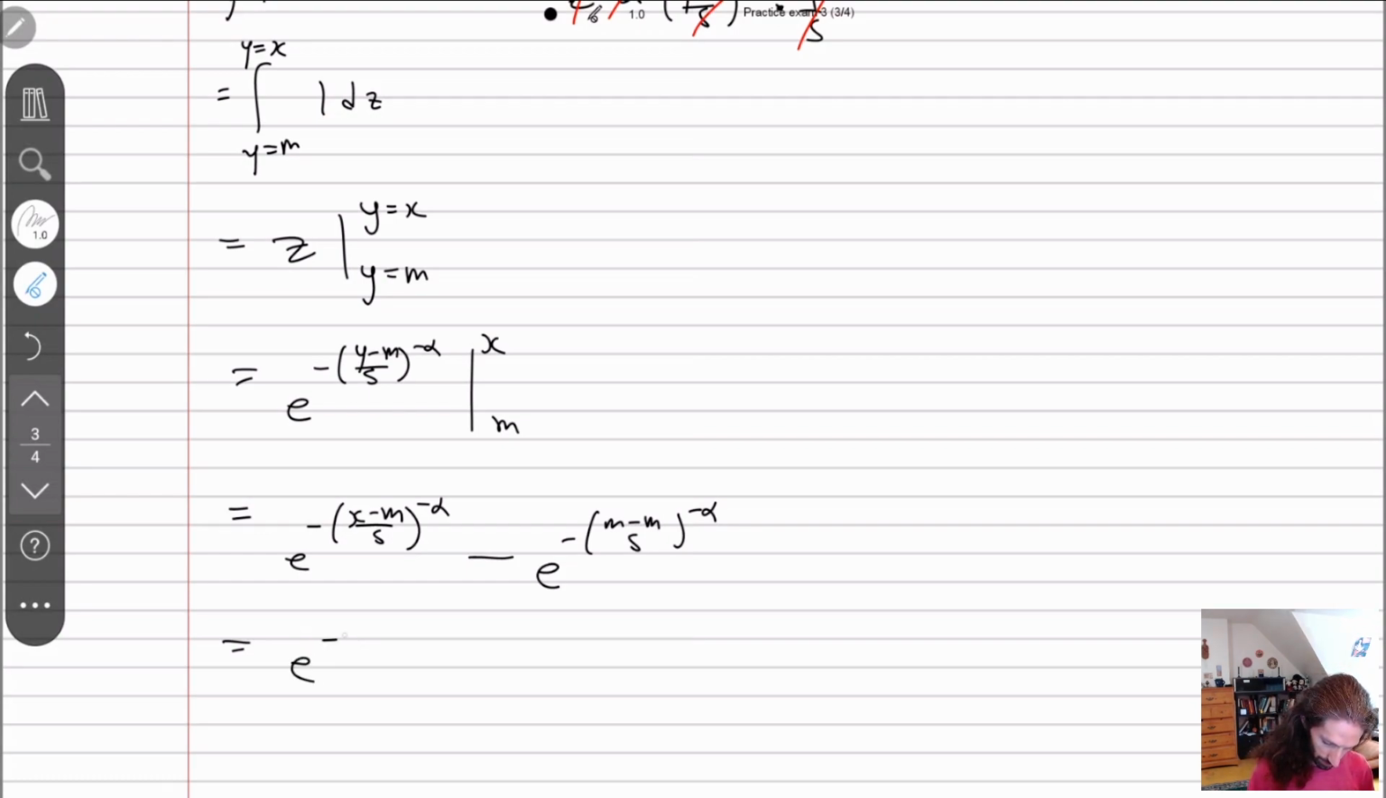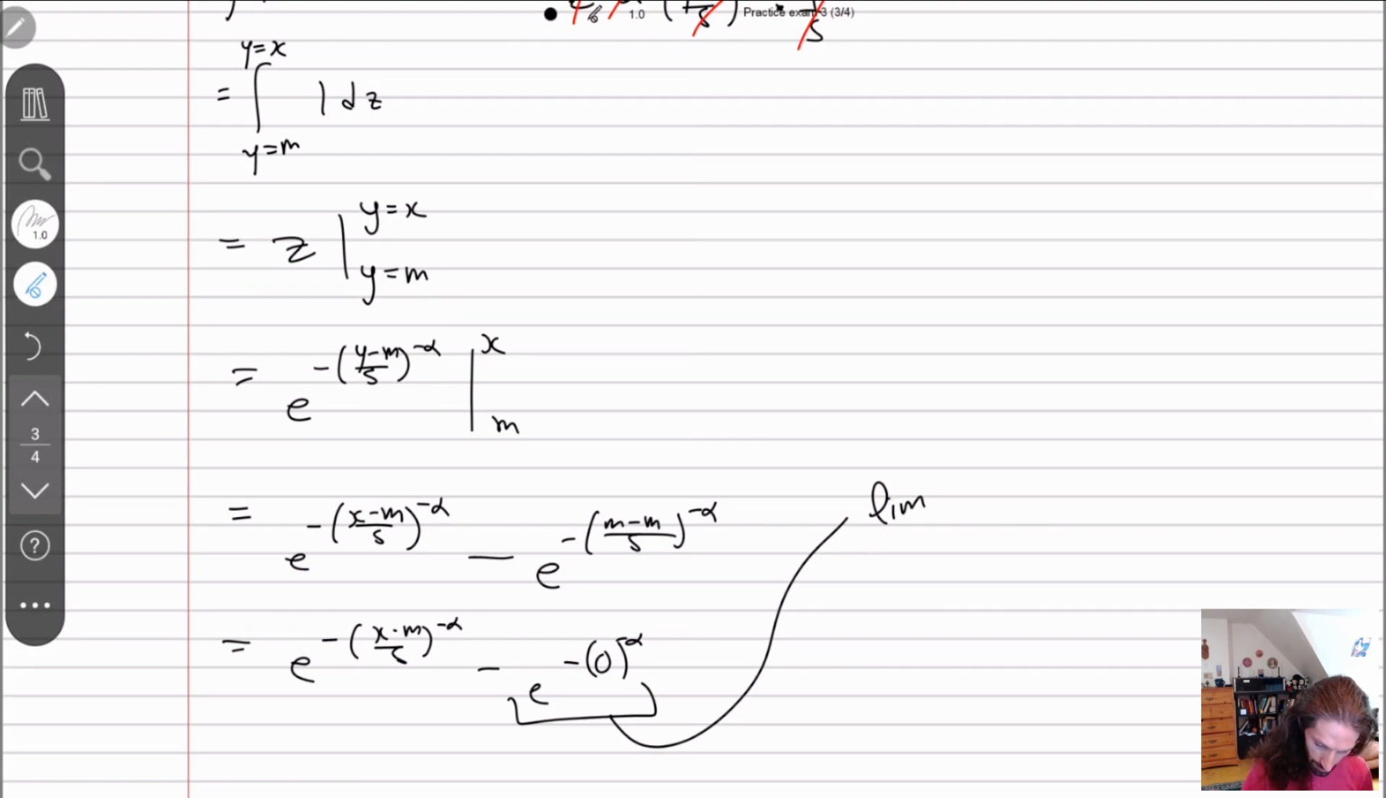So here I'm left with this minus e to the minus, here I have 0 over s to the power of minus alpha, so 0 to the minus alpha. But notice what happens here. I have a 0 to a negative alpha power, right? In other words, this exponent is really, really big. So what is this? So this part here,